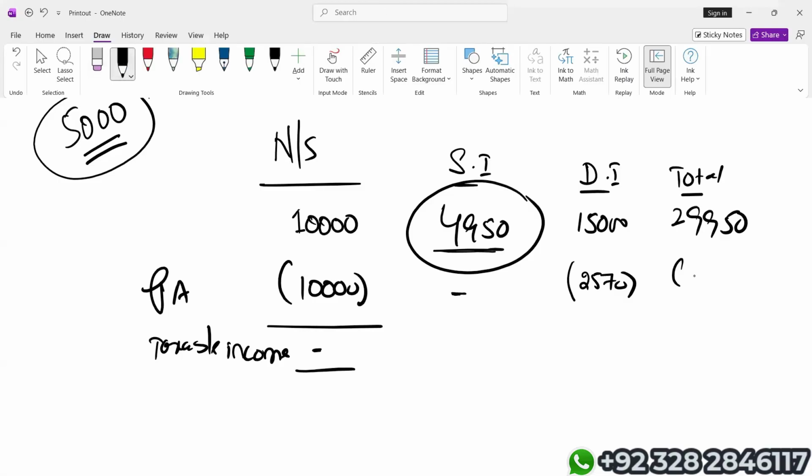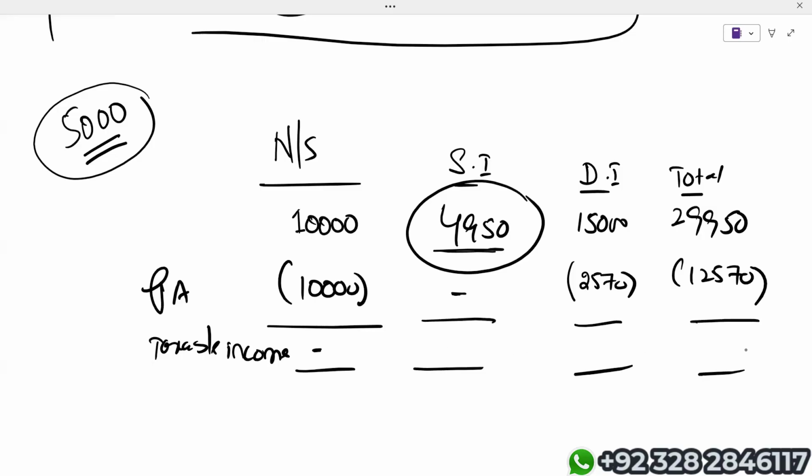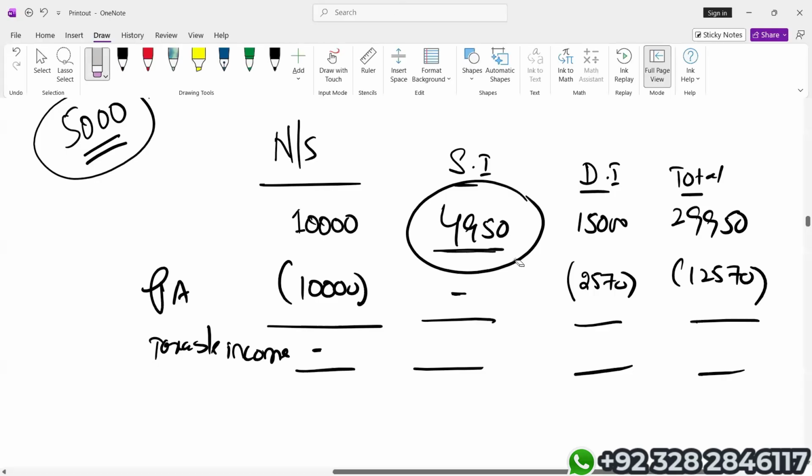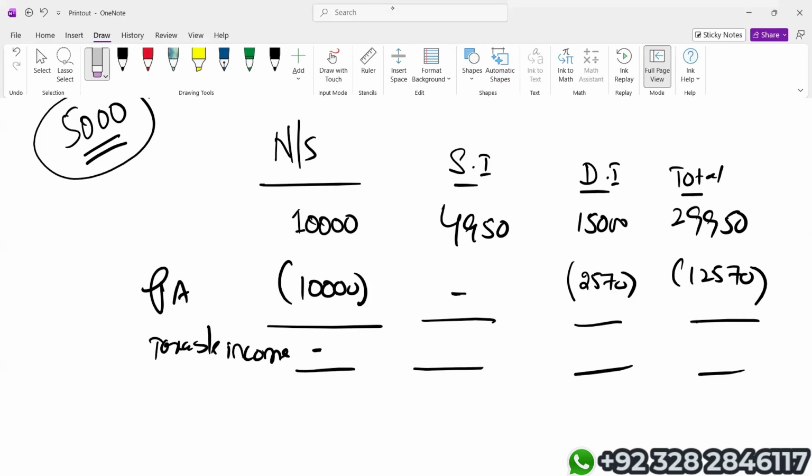I will also show you that if someone does not follow the change in the sequence, then first, you will be paying more income tax. Second, you will be losing marks as well. There's no need to be happy thinking, okay, sir, even if I don't change the sequence of the personal allowance, will I be paying the same income tax? No, you will be paying more income tax, and you will be losing marks in ATX as well. Because HMRC has given you the permission that in this particular situation you should change the sequence of allocating the personal allowance, and if you are not doing that, you will be losing marks.